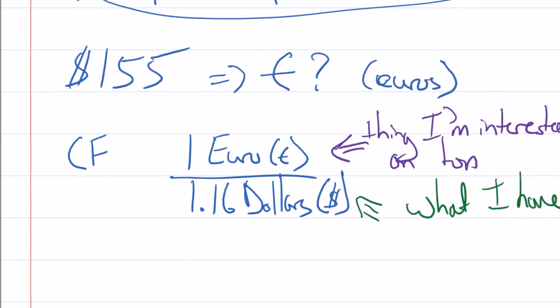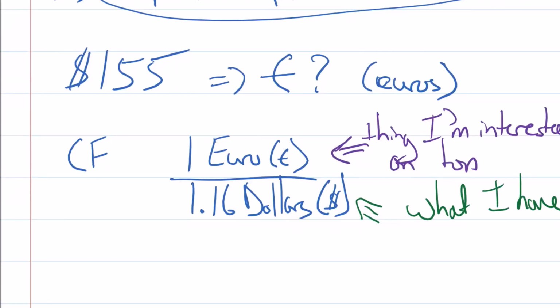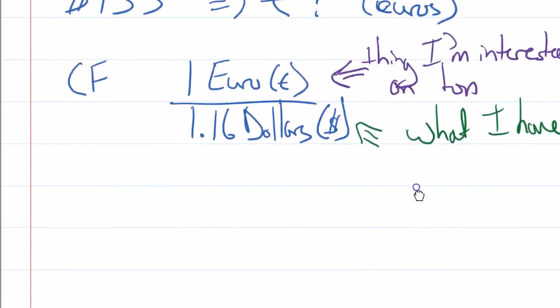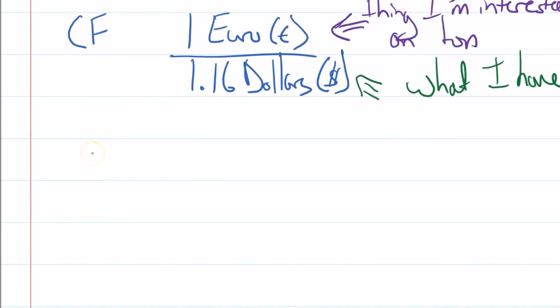And that's how we should set up all our conversion factors. So we start on top with the thing I'm interested in, and then on the bottom, we write what we have. So to do our conversion, the first thing after we write down our conversion factor is we write down the thing we have. The thing we have in this particular case, that money we saved up, is